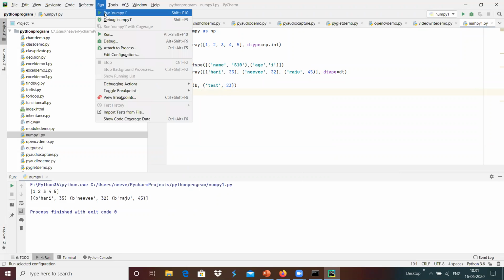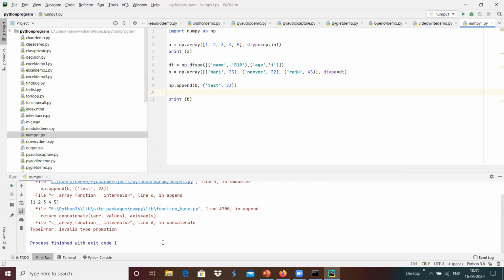Now if suppose we run this, iterable, maybe that we will do that appending test.